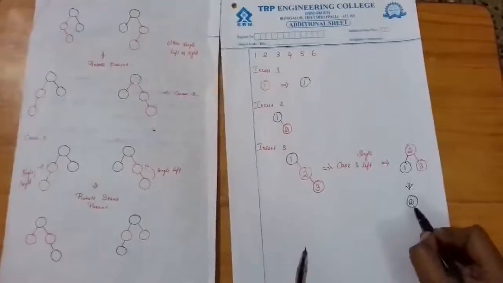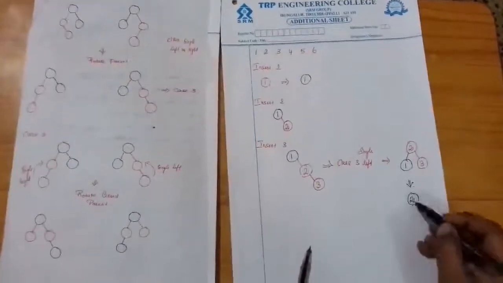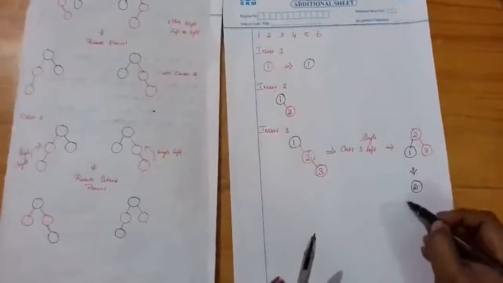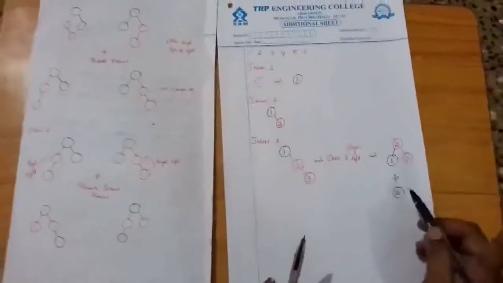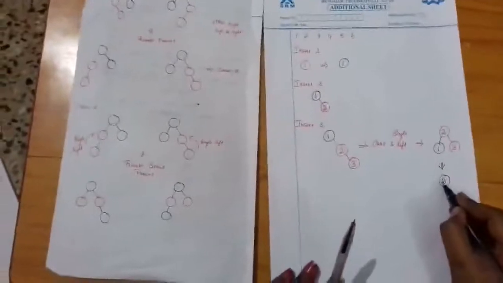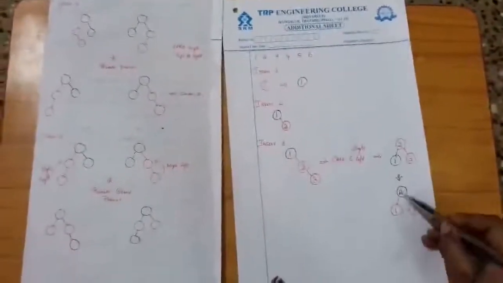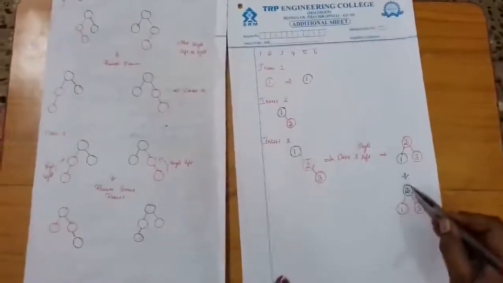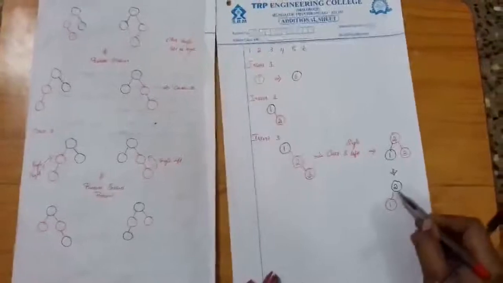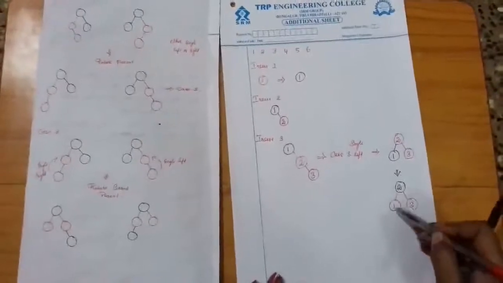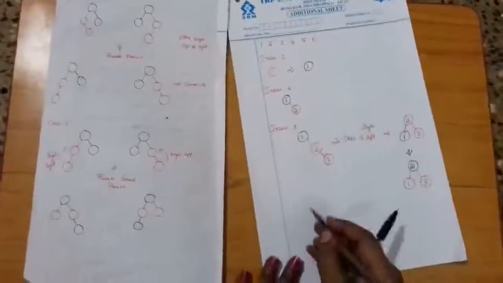So we need to change the color of 2 to black. When we change the color of node 2 to black, we need to check whether we have an equal number of black nodes. Since 1 is black, on the left side we have 2 black children, but on the right side we have only 1 black child. So the last property gets violated. So we need to change the color of 1 to red. So now we can check whether all the properties are satisfied. So the root node color is black, and in every path we have an equal number of black nodes. There is one black node in the left path and one black node in the right path. So all the properties are satisfied. So we completed inserting 3.